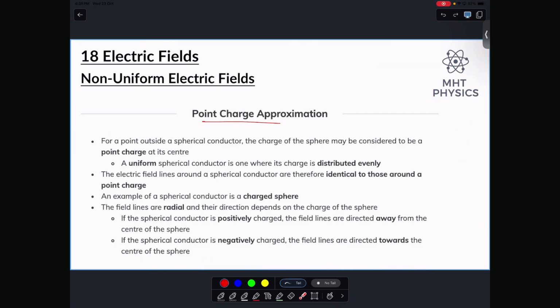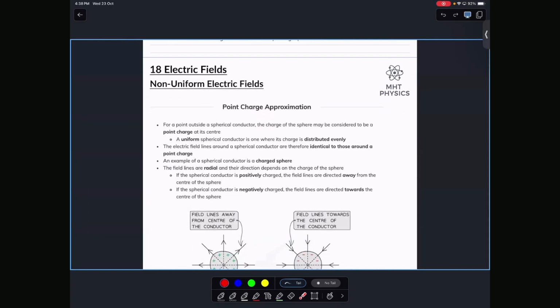A point is actually better than assuming them to be something wrong. So we can consider the charges as points, so that you don't need to worry about what dimension they have, what radius they have, are they a sphere, are they not a sphere. The point's advantage is that it approximates everything to literally a place with no dimension, but it has all the properties though. So it will have the charge, it will have the mass, it will only not have one thing. What is it? Size. Okay, so a point doesn't have a radius, doesn't have a volume, doesn't have an area, but it has mass, it has charge, it has field. So yeah, it's called the point charge approximation.